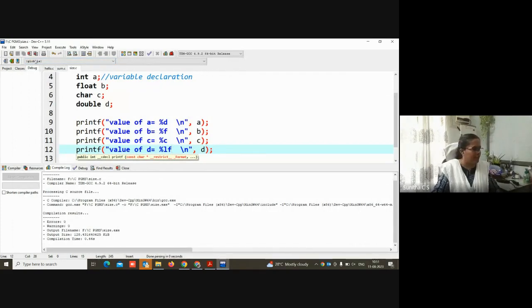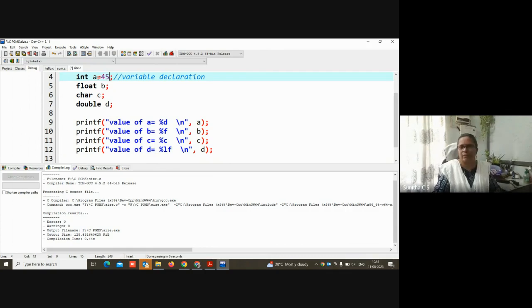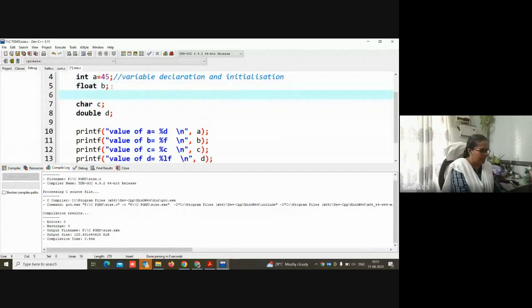But suppose I give A is equal to 45. This is now known as declaration and initialization of the same variable. Or you can do it in two statements also. For example, I can give float b, and after that I can give b is equal to 4.6.